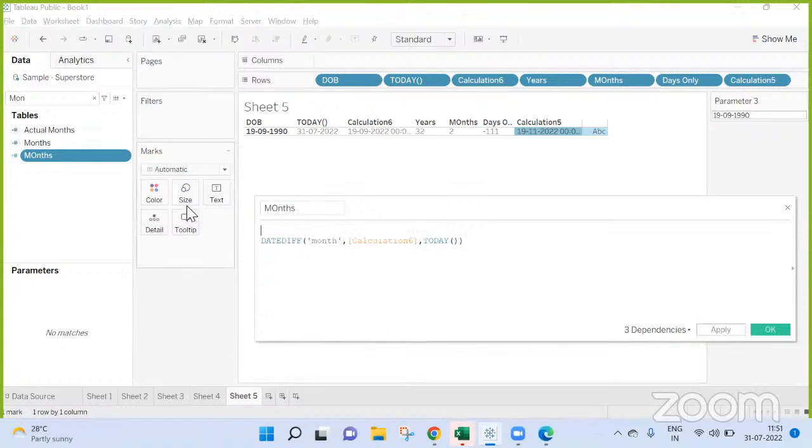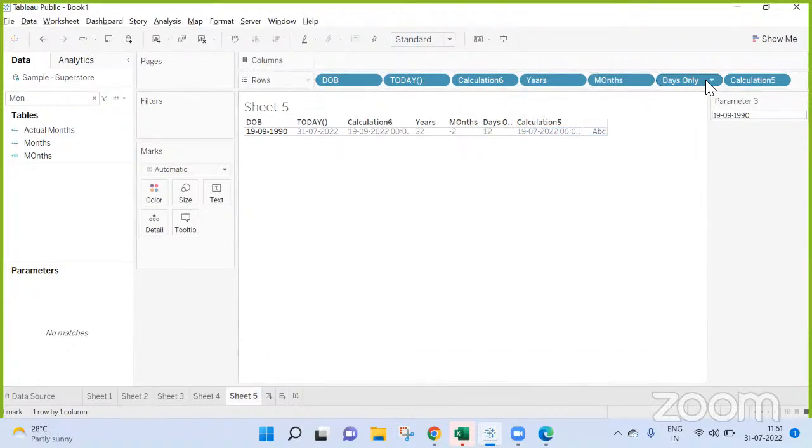Let me click on it, I'm getting -2, that is fine. Now for this I can use absolute and I can change the value to positive. But the 2 months difference, is it valid? Yes, the 2 months difference is valid, but the month is not yet completed, right? The month is not yet completed.